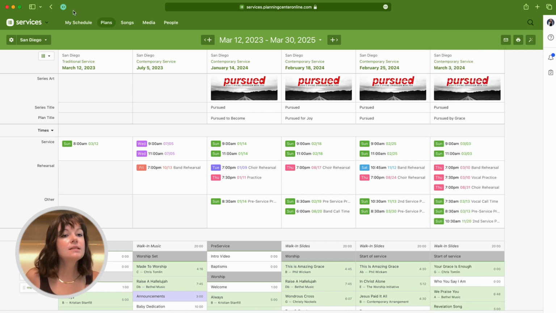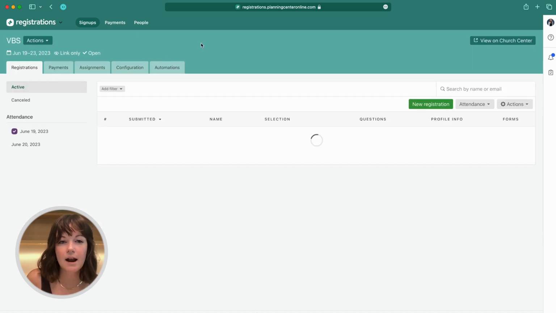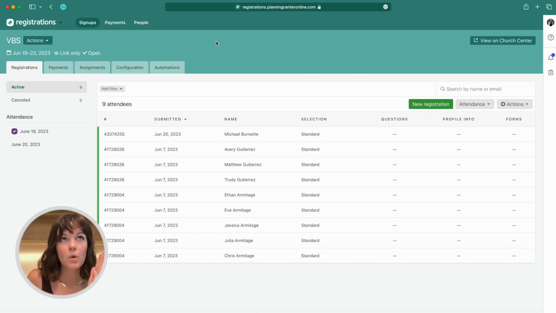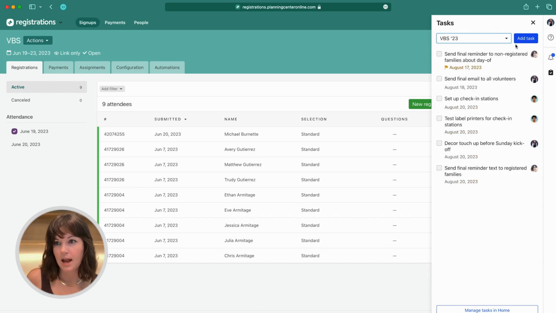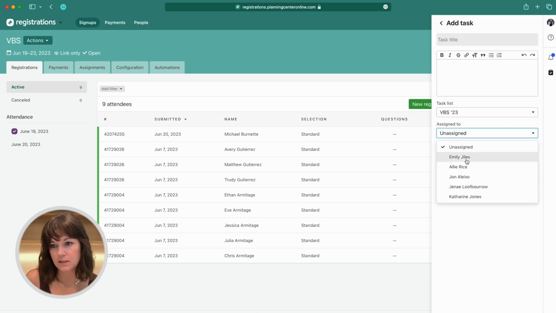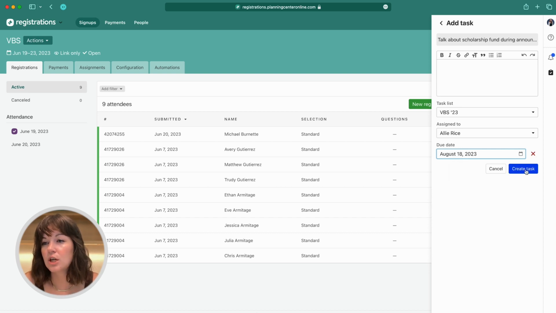There it is. Now, let's say I'm over in registrations and I'm looking at VBS plans and I remember, you know what? We want to remind people on Sunday that the scholarship fund is always open and we want to get more kids coming to VBS for free. And so I'm going to go over to my VBS list and add a task for Allie, because she's in charge of announcements, to talk about announcements on Sunday. I'm going to enter the due date as this Friday just so that she could prep,